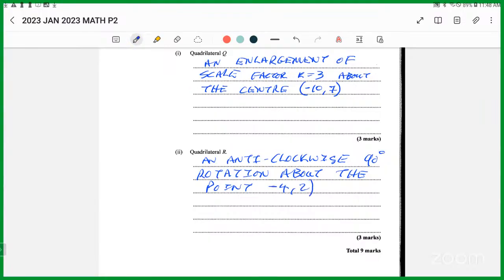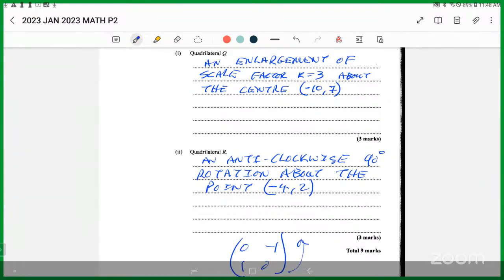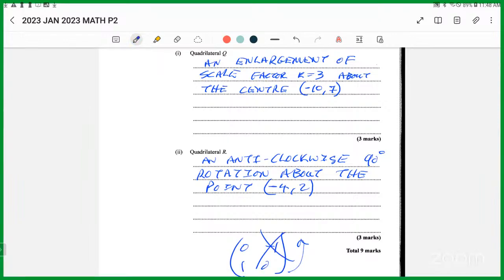And you cannot use the matrix for this one, guys, because the center is not the origin. You cannot use the 0, -1, 1, 0 anti-clockwise rotation matrix for this. No, you can't use it, because this one is for when the center of the rotation is the origin. You can't use that matrix. Alright? So, instead of saying anti-clockwise,